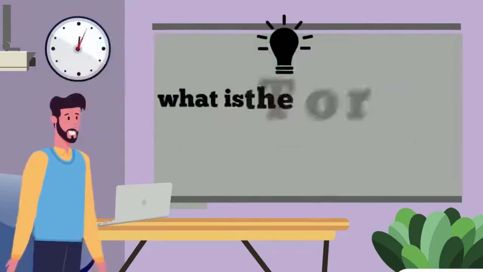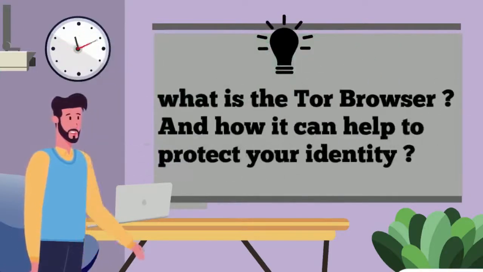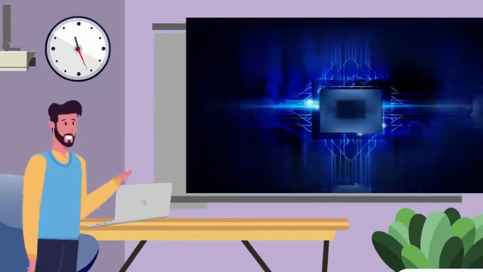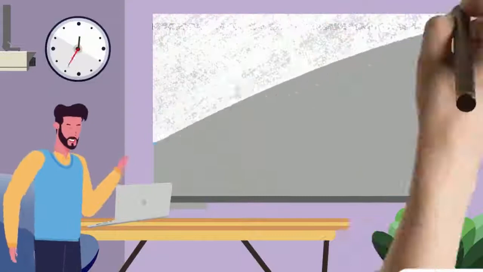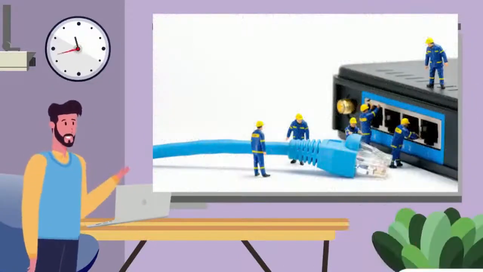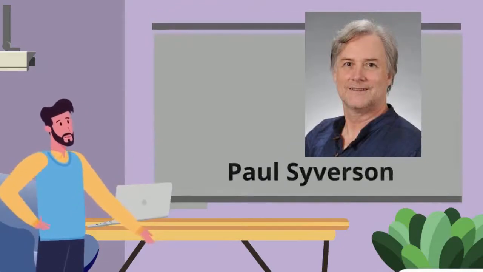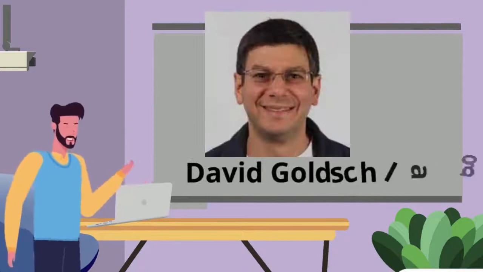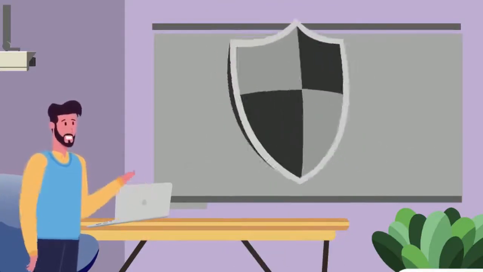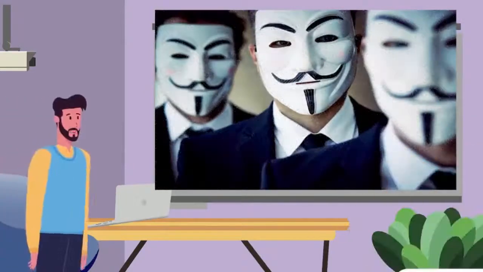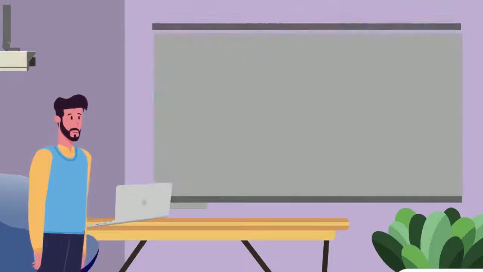What is the Tor browser, and how it can help protect your identity? The core principle of Tor, onion routing, was developed in the mid-1990s by United States Naval Research Laboratory employees, mathematician Paul Siverson, and computer scientists Michael G. Reed and David Goldschlag, with the purpose of protecting U.S. intelligence communications online. Tor browser offers the best anonymous web browsing available today, and researchers are working hard at improving